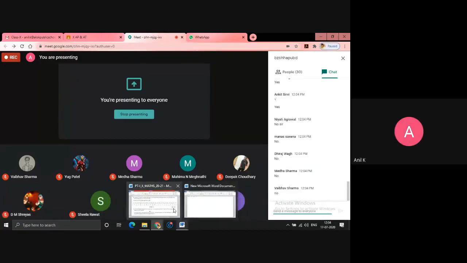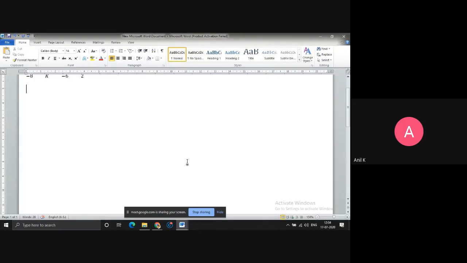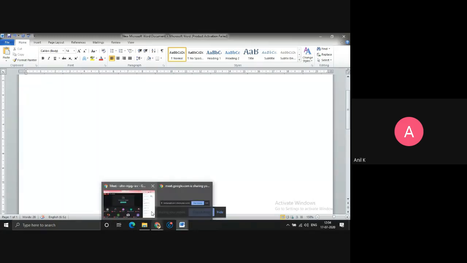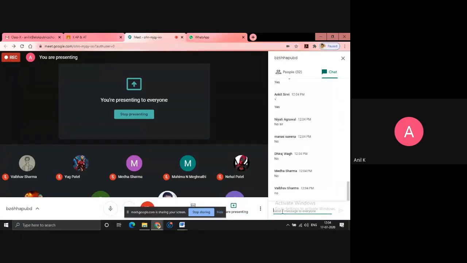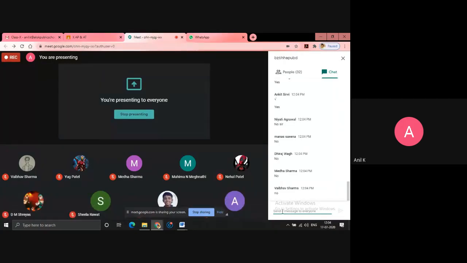Done. Last class we discussed from the quadratic equation chapter, and we introduced the zeros of the quadratic equation and how to find them. I think we already learned splitting the middle term. Then we discussed the relation between zeros and coefficients. Does anyone have a doubt in the relation between zeros and coefficients? Is that topic clear for everyone, or does anyone need revision? No doubt. That's great.